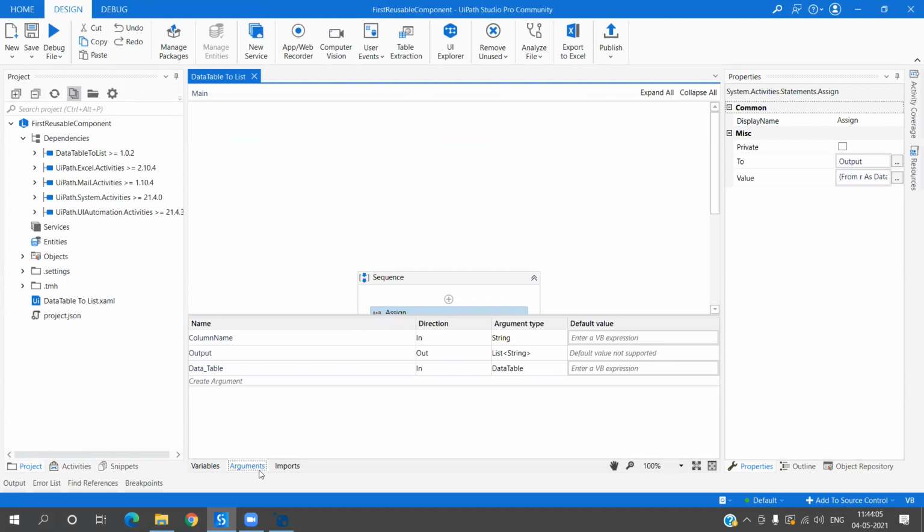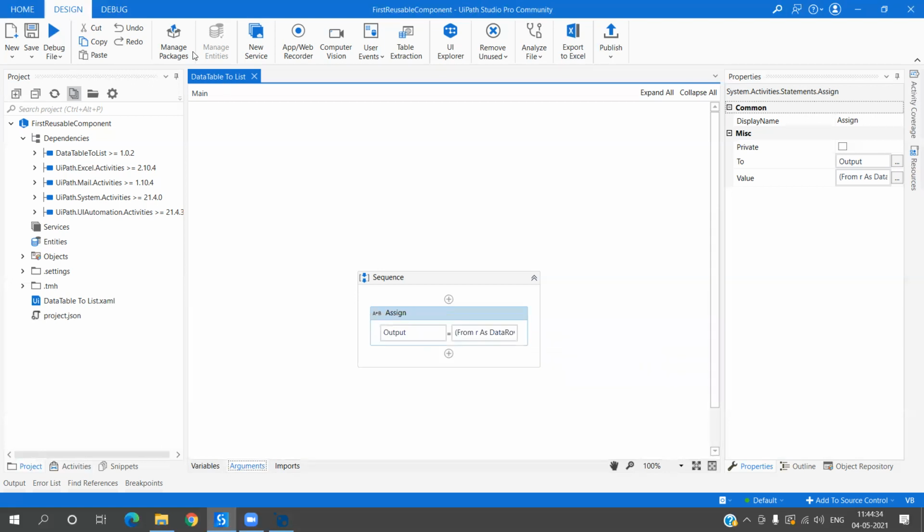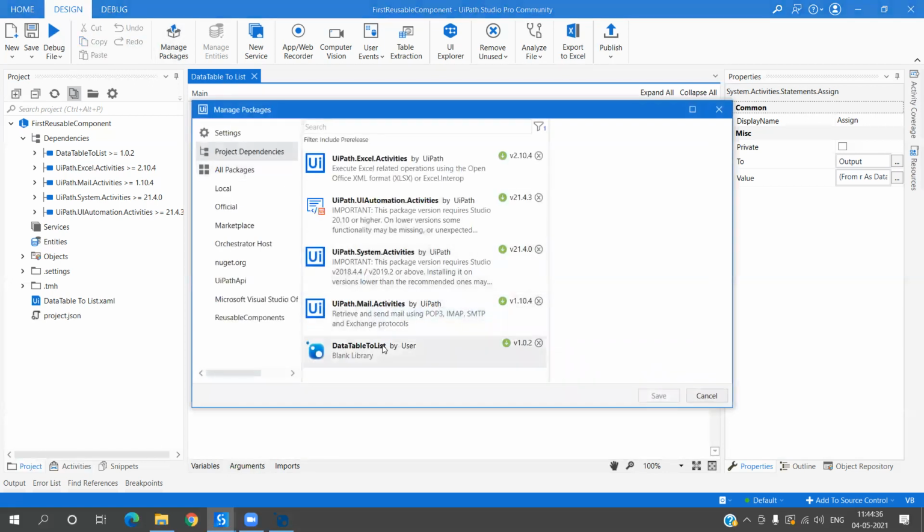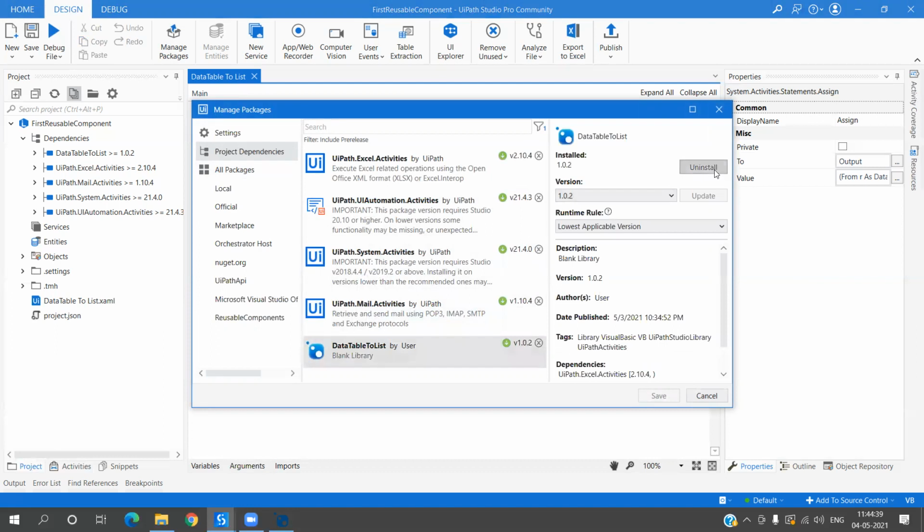Now, how does this help compared to Visual Studio? In Visual Studio you can create more complex components as well, but the requirement is that you should know Visual Studio coding, so basically not Visual Studio coding but C sharp coding. But here there is nothing like that. You can simply build by dragging the already available activities that we are using. Okay, there is a minor change that I need to make. I'll just do that.